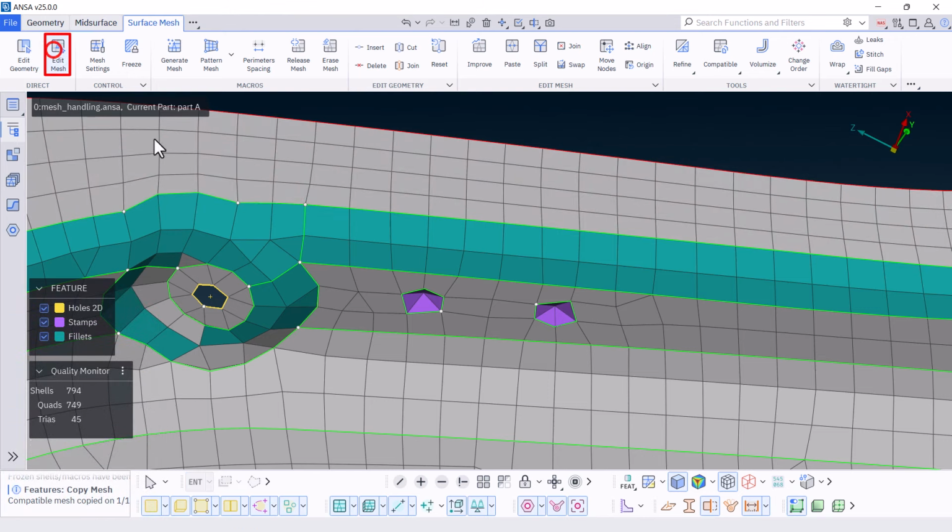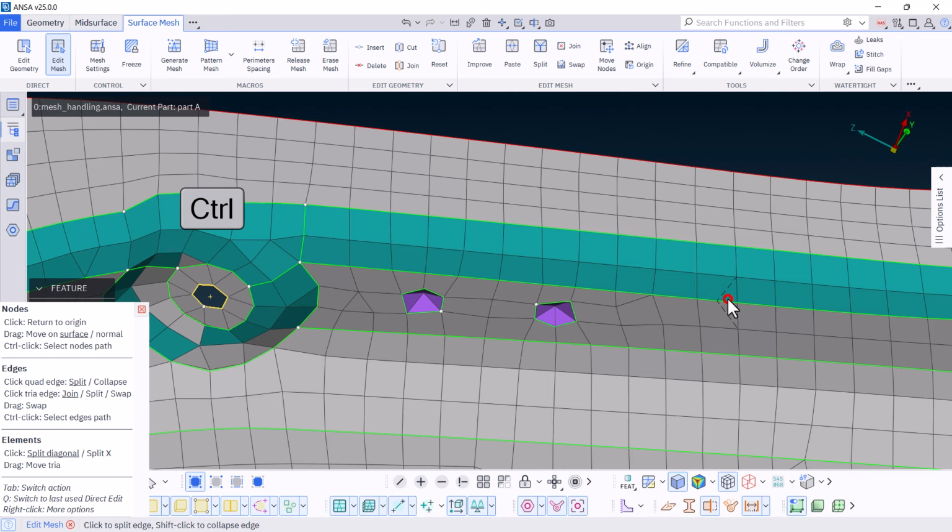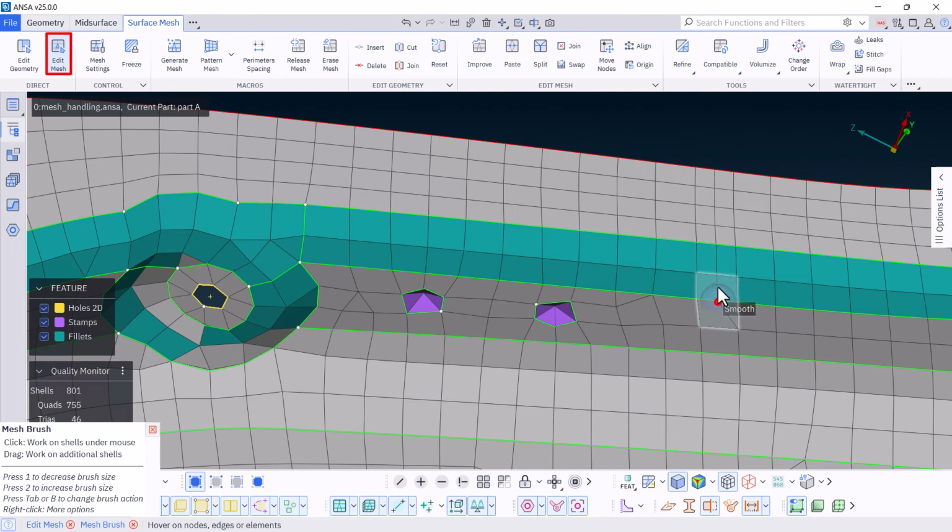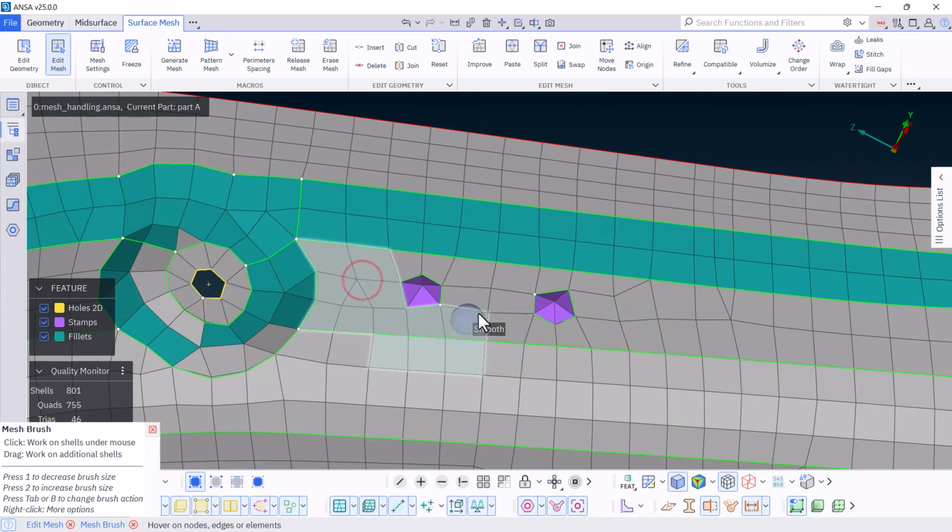To split a row of elements, press the Ctrl key then the left mouse button to start splitting and move the mouse towards the splitting direction. Press again the left and then the middle mouse button to confirm. This was a manual method to add a row of elements. With Brush's smooth function, improve the flow of the surrounding mesh. Proceed with the direct edit mesh tool to fix the surrounding mesh.